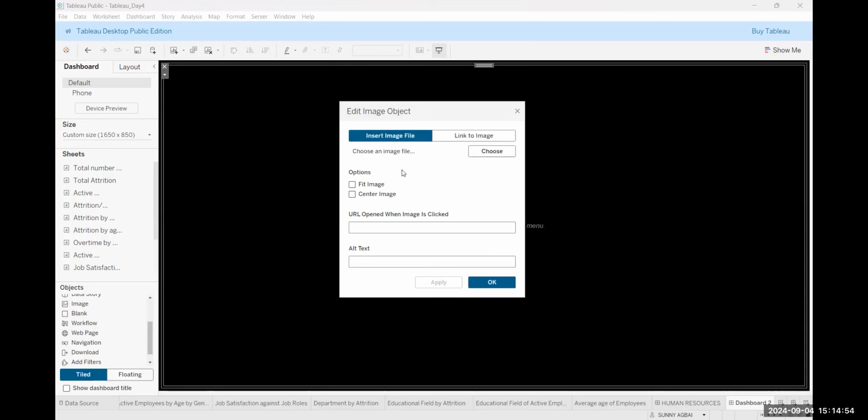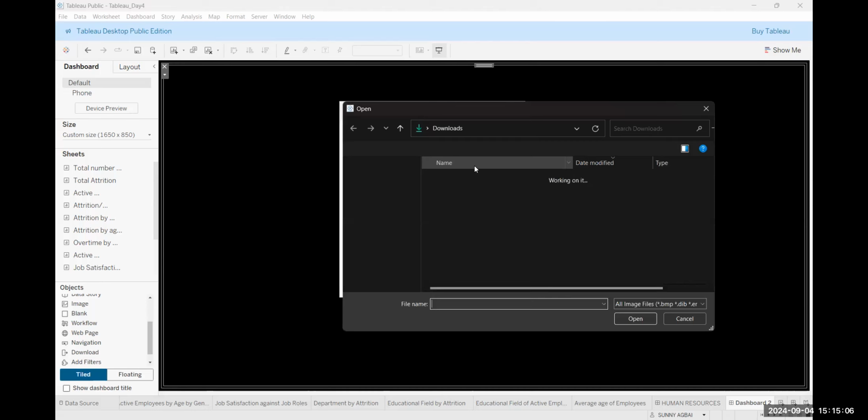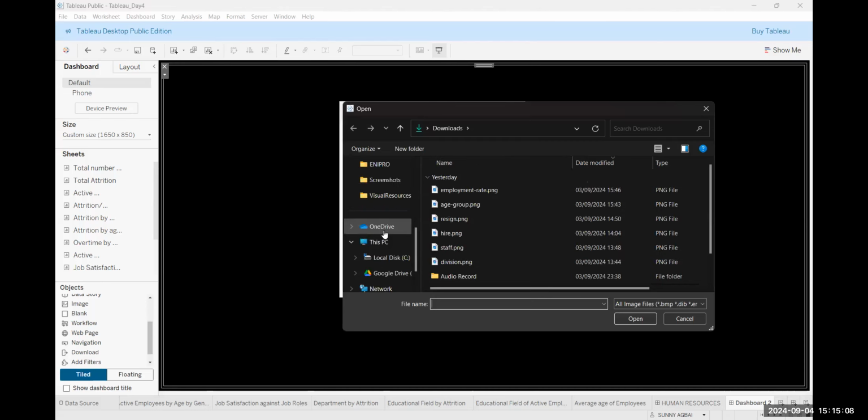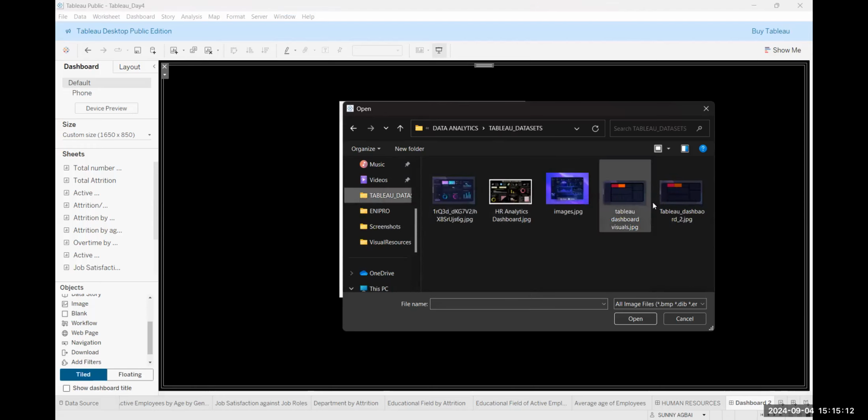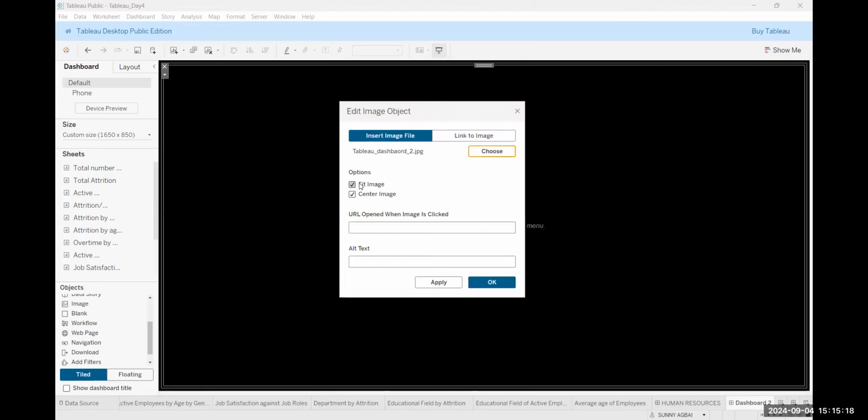You see choose image and you click on fit to screen and center image, choose image. I am going to bring the one that we did today from the Tableau dataset, and we said Tableau dashboard 2. I'll click on open, and I already said fit to image and this. I'll click on